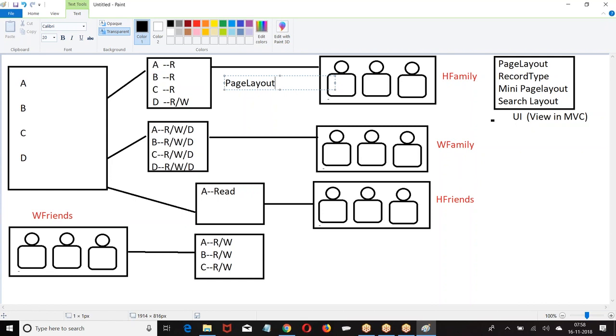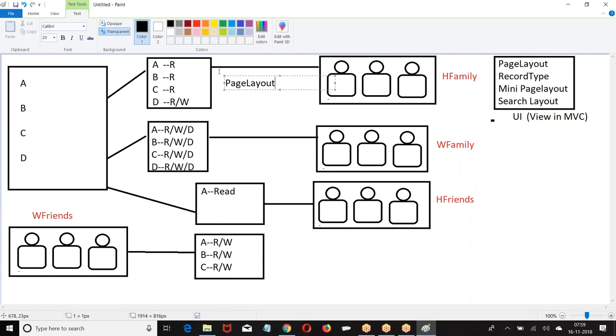In the entire organization, I will not show every field of the table to everybody. There is some sensitive data which I should not show to executives. There is some sensitive data which should be visible to the managers. How an object is visible to a user is controlled with the page layout.